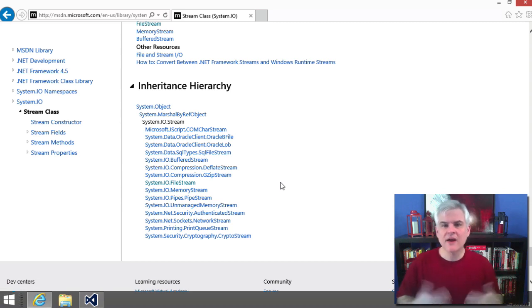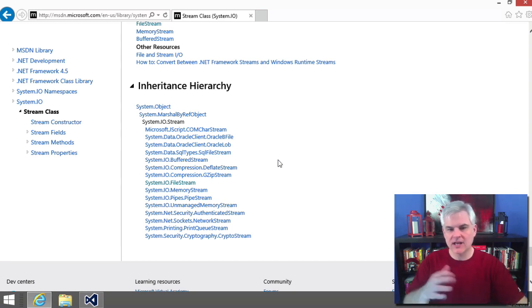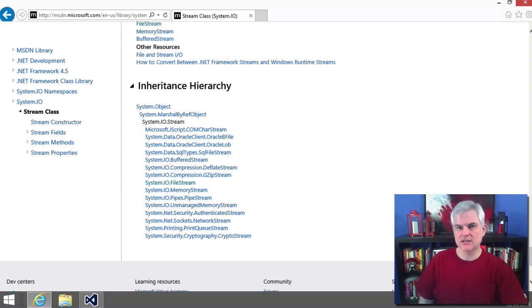In other words, they all work with streams of bytes, even though how they work with those bytes might be dramatically different. Some will work with streams of bytes in database data like Oracle or SQL Server. Some will work with zipped files, so bytes that are stored in zip files. Some with bytes that are streamed over the internet, and much more. You can see just the names kind of lead you to understand what those particular classes are used